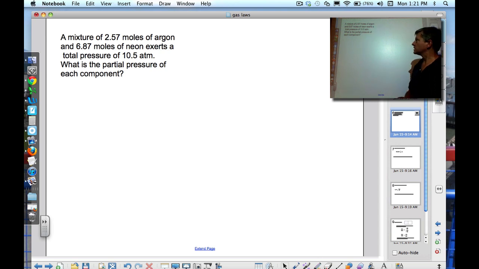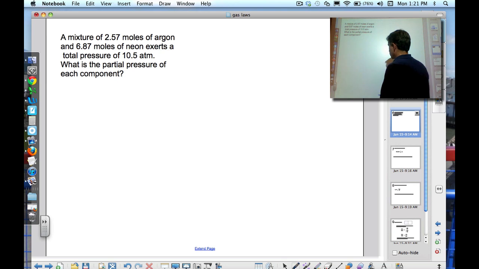I've got a mixture of 2.57 moles of argon and 6.87 moles of neon in a container, and I find that they exert a total pressure of 10.5 atmospheres, and I want to know what the partial pressure of each component is. Well, you might look at this and say, well, if I want to calculate the partial pressure of each component in the mixture, and I have the number of moles of each component in the mixture, am I